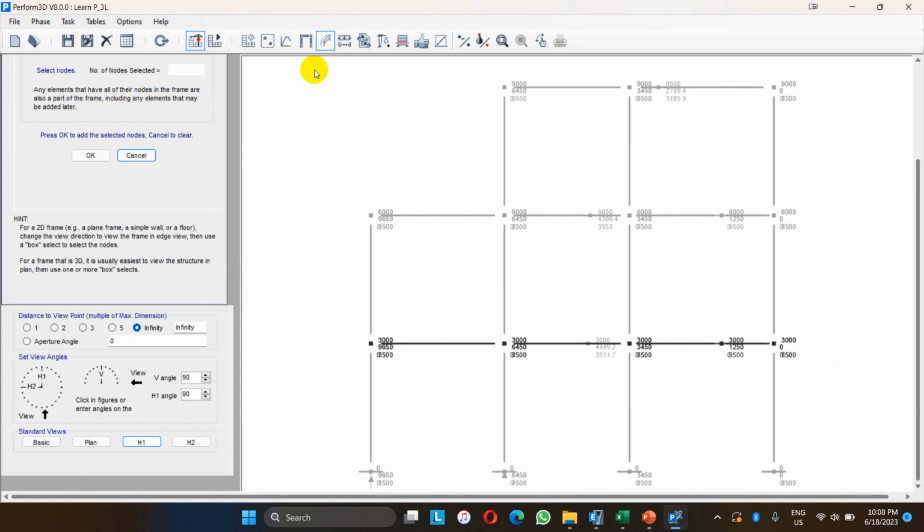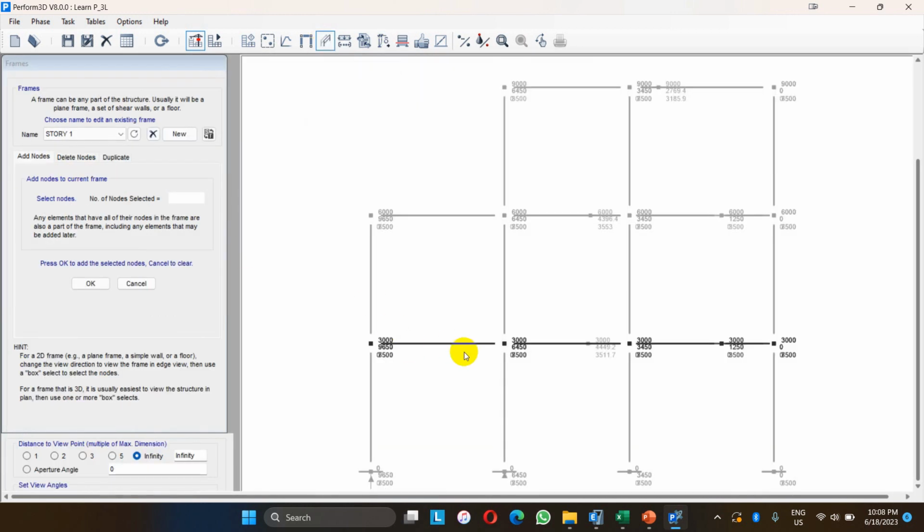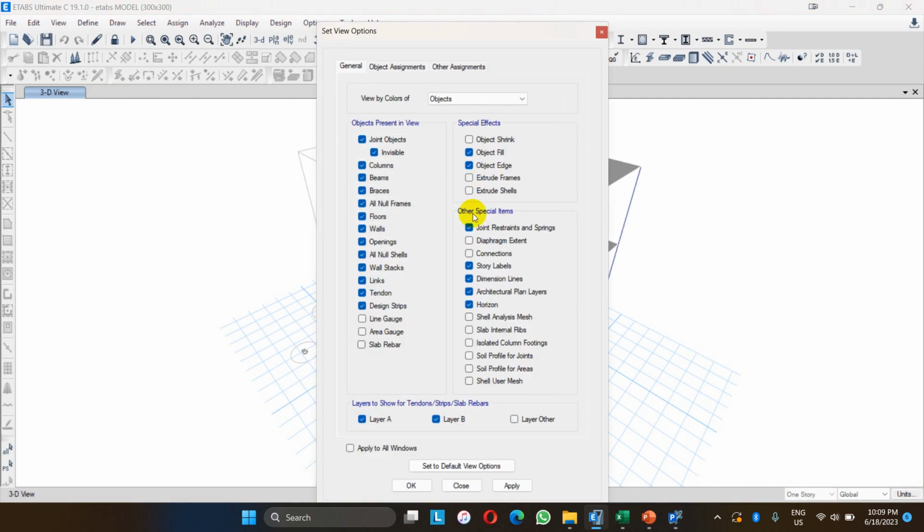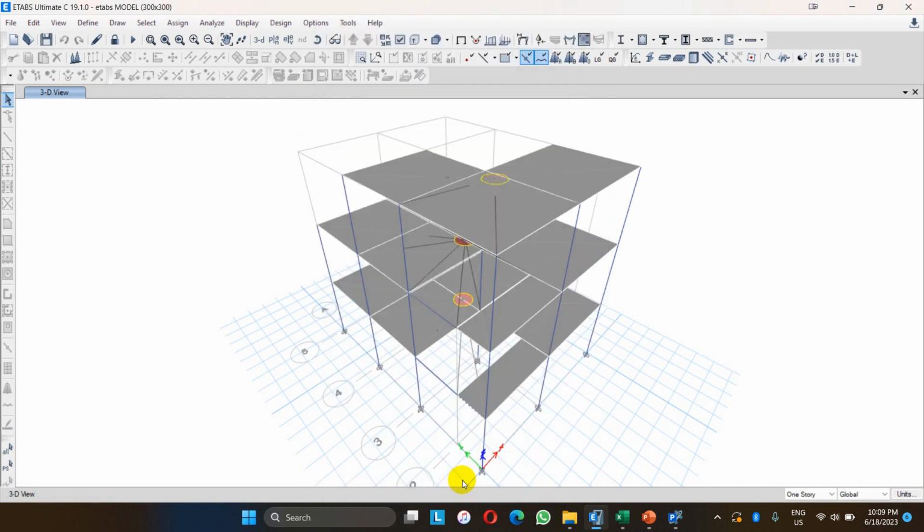Then for the story one, other nodes have already been selected, assigned, and the remaining node is the last node we had just assigned for the lumped mass system. So this is updated. And similarly for story two, there is also only one value. And similarly for story three, there is also one value. So this is the point where in ETABS we saw the diaphragm like this. Yeah, like this we assigned